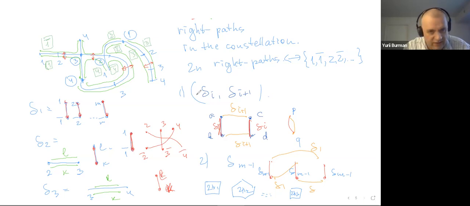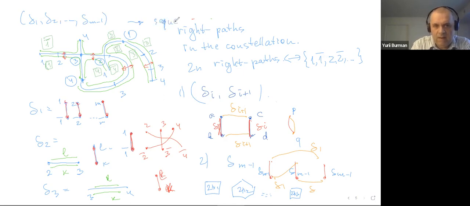Here, Bandeli's construction stops, and we continue. We, Raphael Schneider and me, wish to interpret this sequence of constellations, this sequence of pair matchings delta 1, delta 2, ..., delta m minus 1, as a sequence of transpositions,